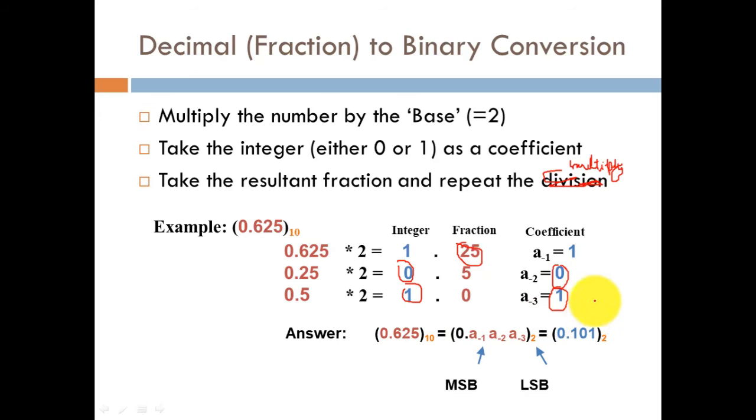So please keep in mind that while converting a decimal integer into a binary number, we need to reverse that order, that is, we start from here and go upward. Whereas while converting a fractional decimal into binary, we do not have to invert our coefficient terms. We just write them down as they are, that is, we start from the top and write it down through. So this represents the fractional decimal conversion to the binary number system.